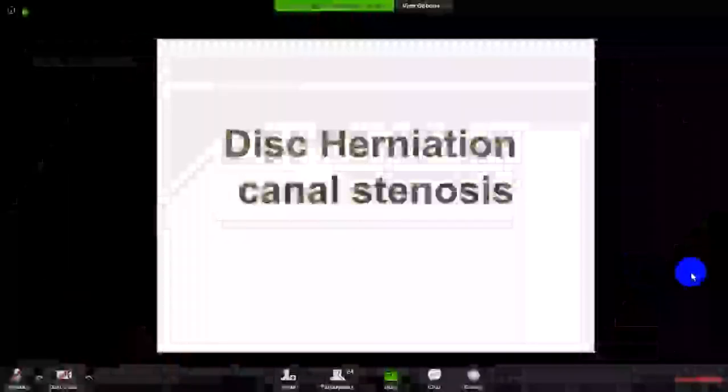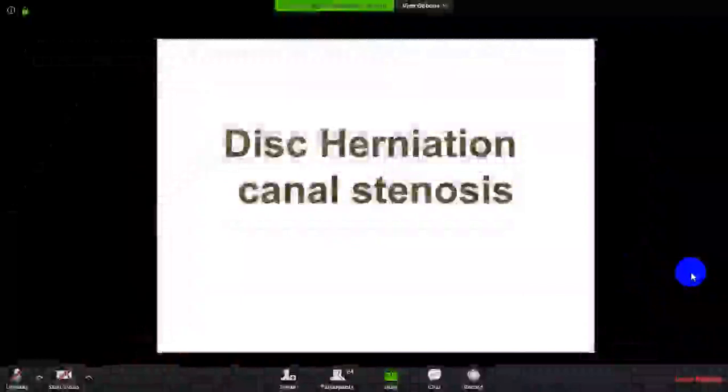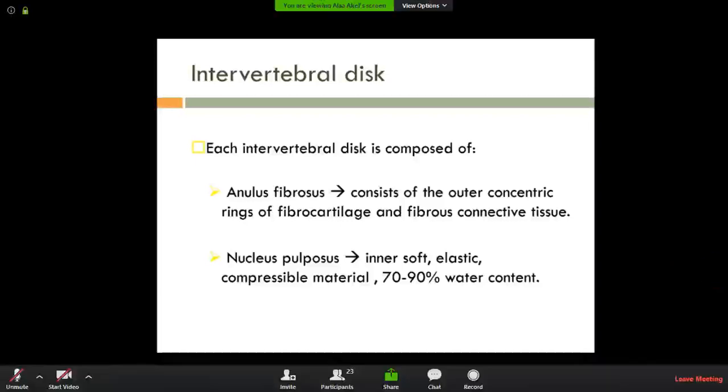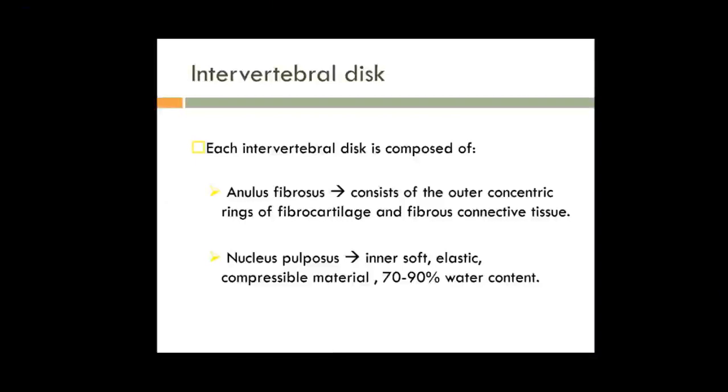...and canal stenosis. Okay, first we need to know what the anatomy of the disc itself is. The intervertebral disc is composed of two main components: the annulus fibrosus and the nucleus pulposus. The annulus is the outer concentric fibrocartilaginous and fibrous connective tissue, composed mainly of